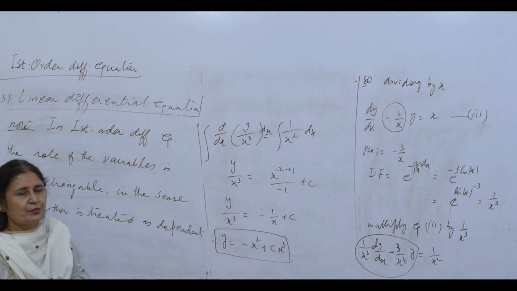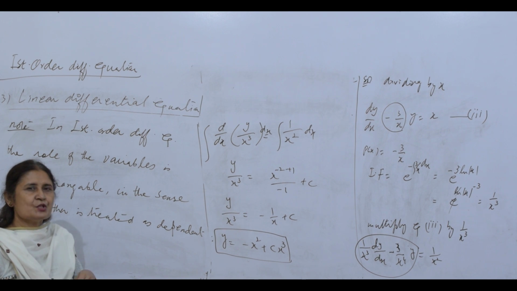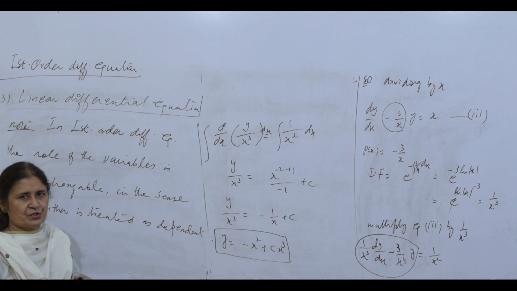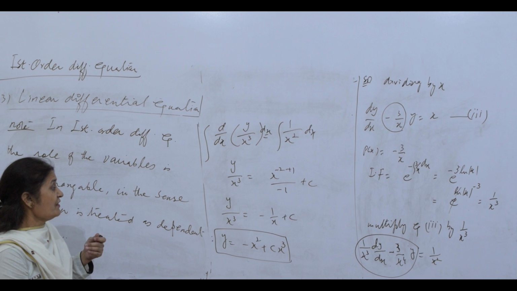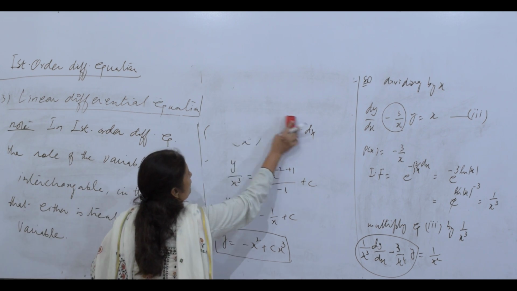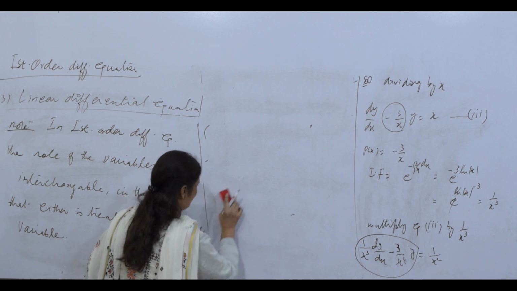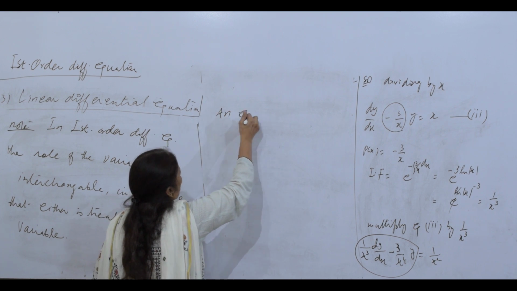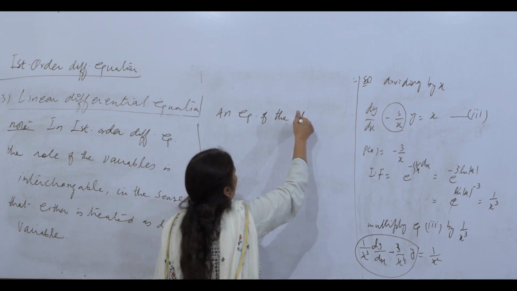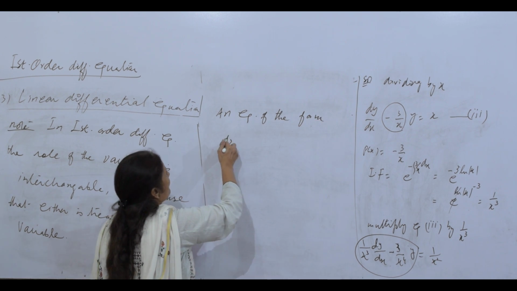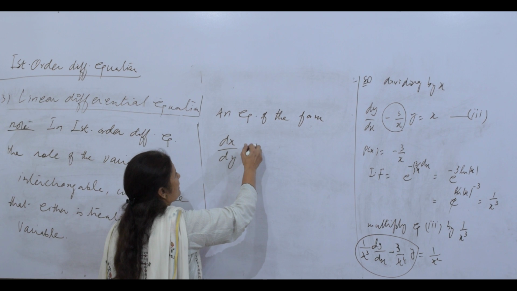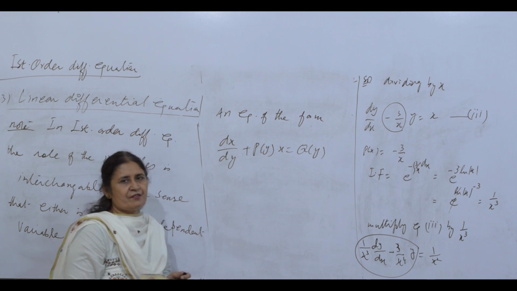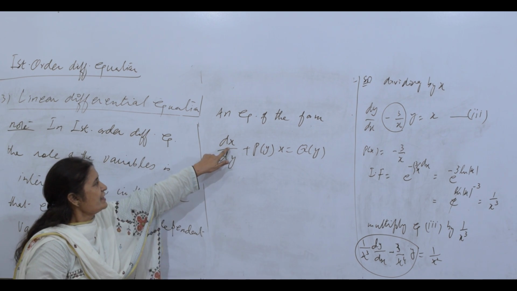In first order differential equation, you can switch the equation. If it is not linear in y, might be it is linear in x. So you can reciprocal the equation. I mean, you are changing the behavior. So y is now the independent and x is dependent, something like that. So an equation of the form dx by dy plus p(y)x equal to q(y).